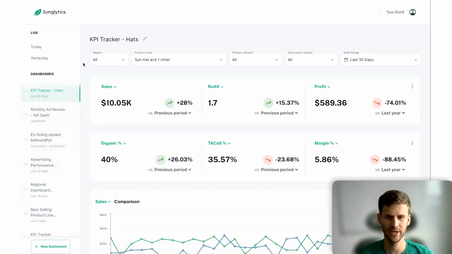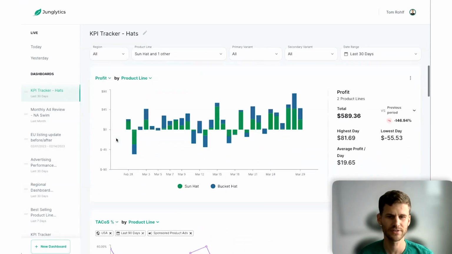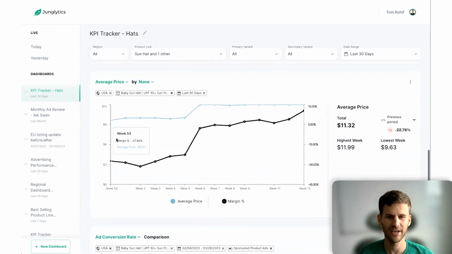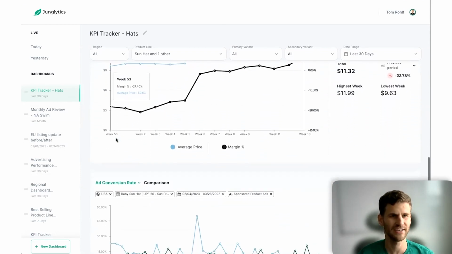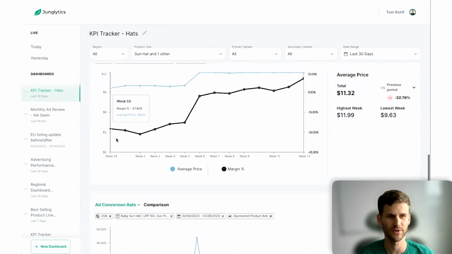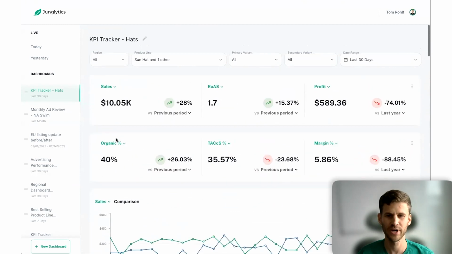And a dashboard, in its simplest form, is a title, a set of filters, and then a series of cards. Cards contain data, and we'll go through this in more detail in a case study of what this dashboard is telling us and why we created this one for this brand. This brand happens to be the brand that I own, a children's clothing brand. And so let's dive in.